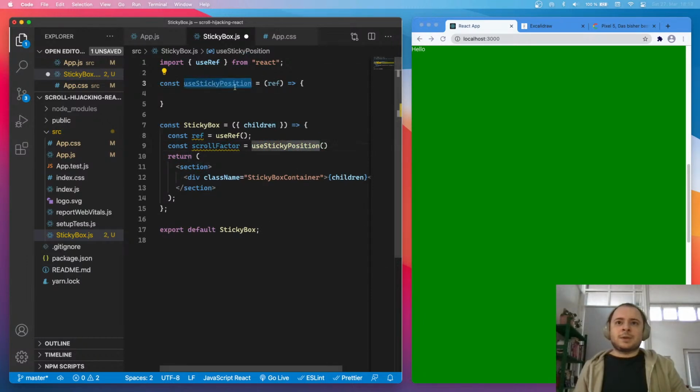Or I'm just going to call it use scroll factor, so that it makes more sense, I guess. It can change at any time. So use scroll factor, and here I want to pass the reference to my